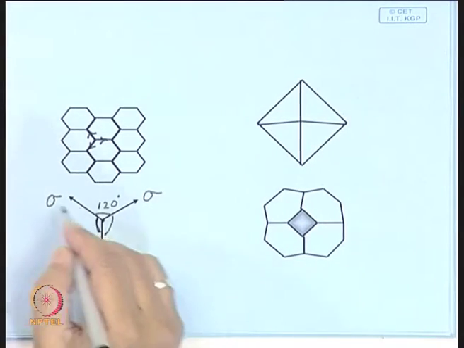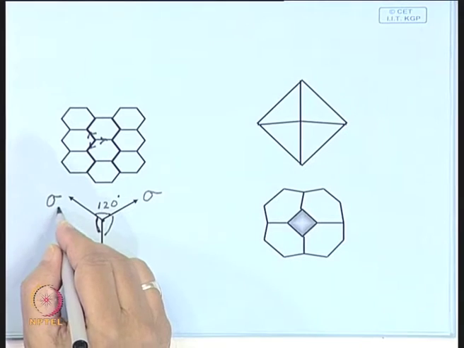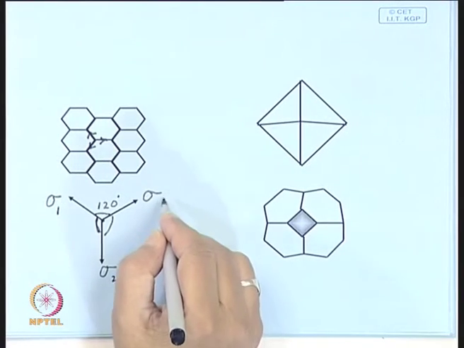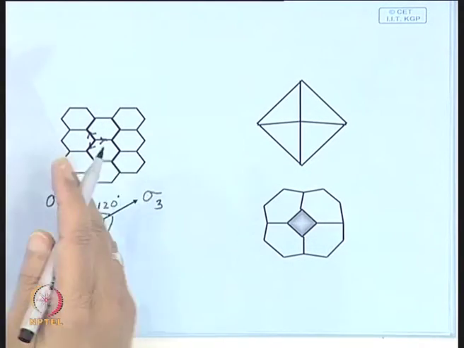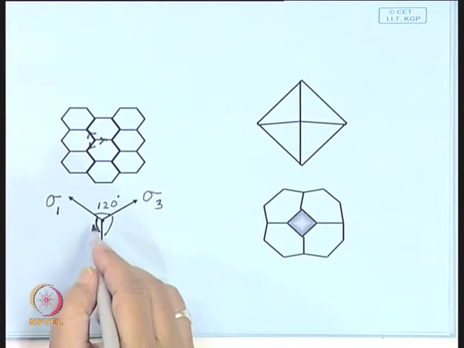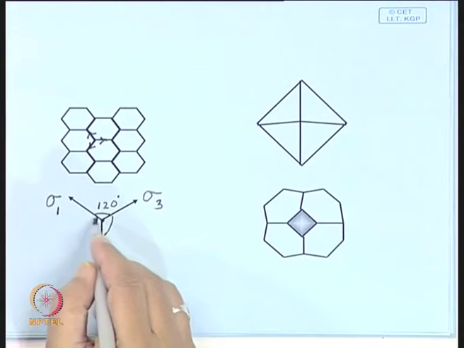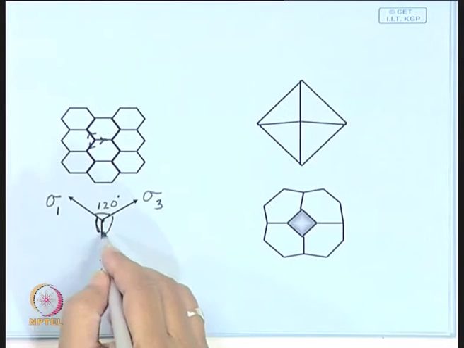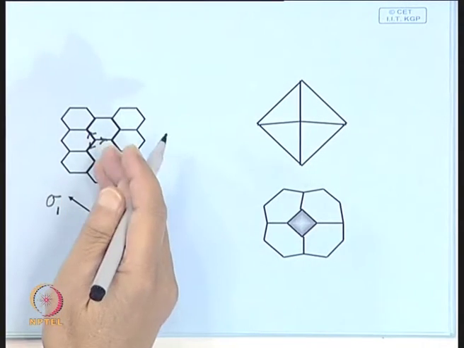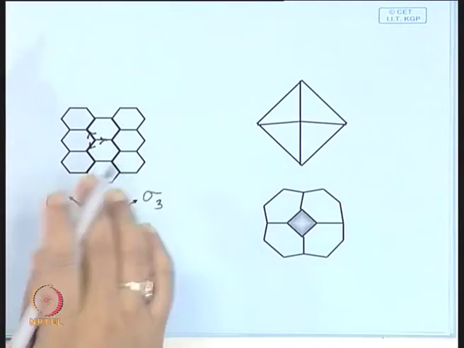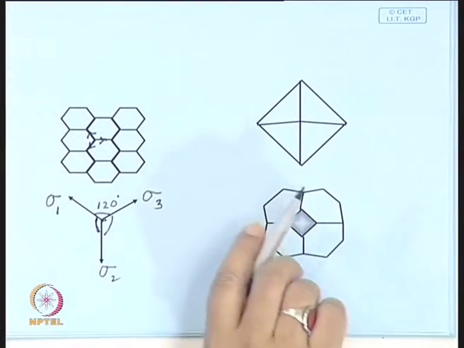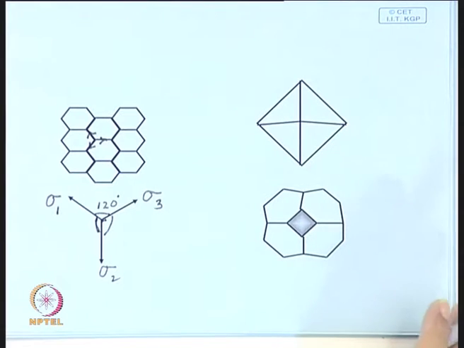So, if these grain boundary energies are a little different, sigma 1, sigma 2, sigma 3, then this will be slightly different, but that equilibrium will still be maintained. Say this angle may be slightly less, this may be slightly more, but the forces must balance. Now, what happens in case